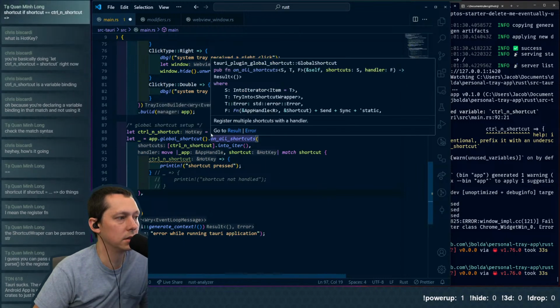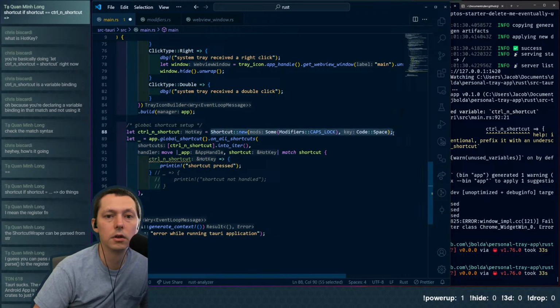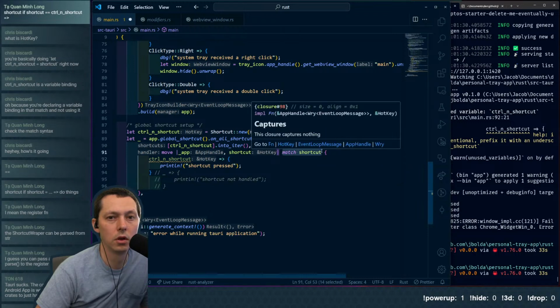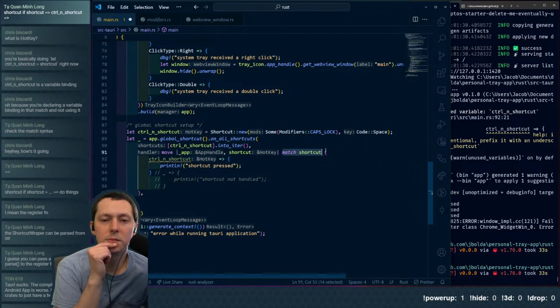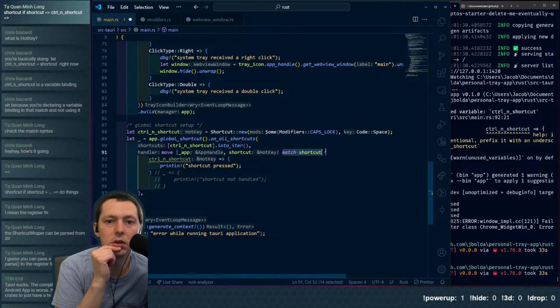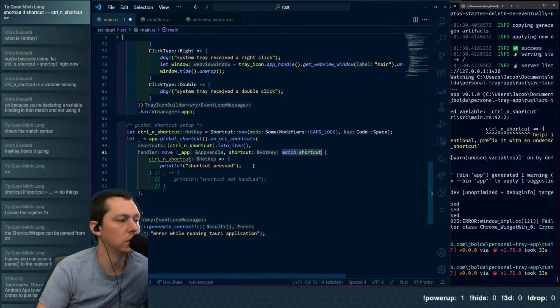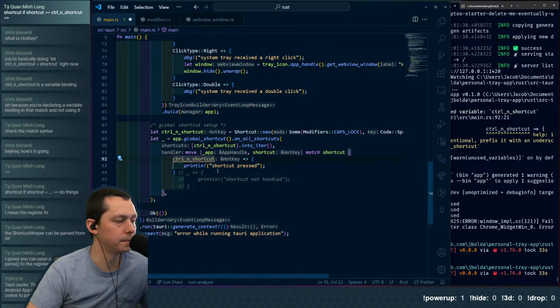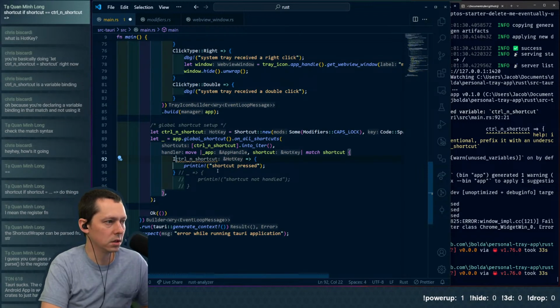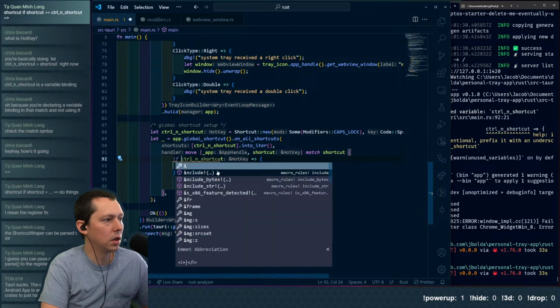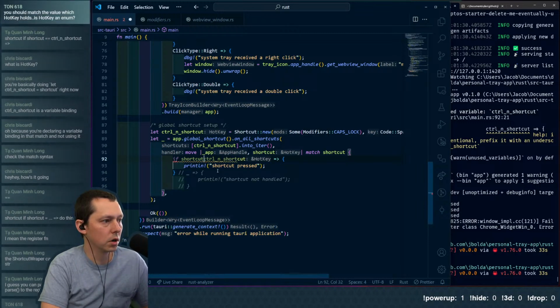Hotkey is this shortcut. If shortcut equals control. I'm just, for some reason, not following what you're saying, Minlong. So shortcut, if shortcut equals this, then that. So like, would that be like this? If shortcut,